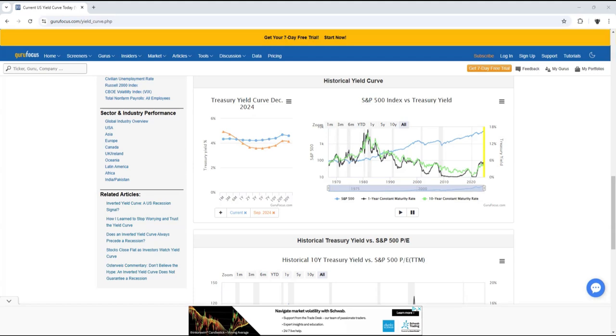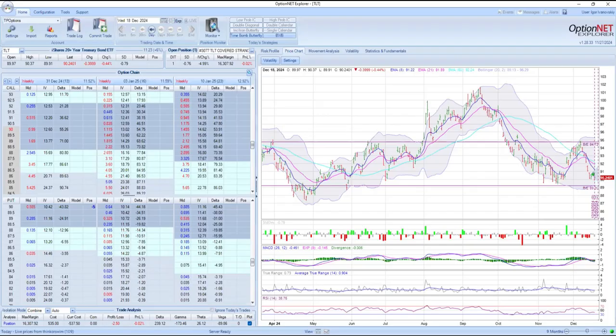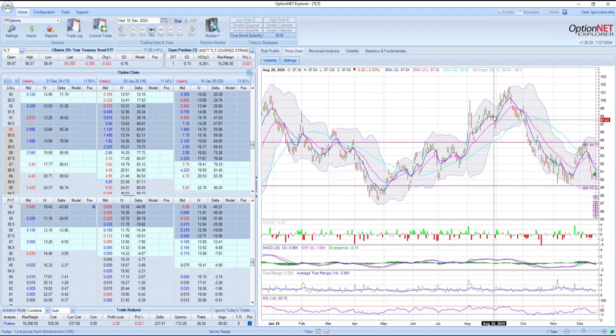I'm going to share my Option Explorer to show you the chart, and this isn't the best charting software, but it's not hard to see that back in early September, TLT was at around 97. And as we were headed into the rate cut, which was around September 18th, right, bonds were rallying in the expectation that rates will come down and the price of the bonds will go up. However, ever since that cut,